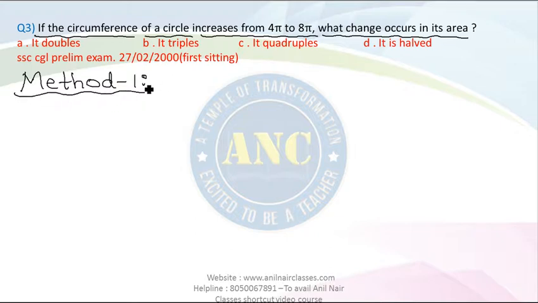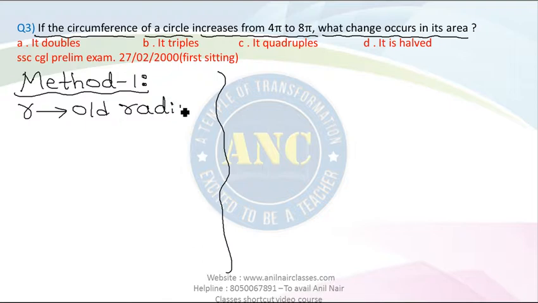That means I will skip one of the methods. I will apply method 3, but I will skip one of the methods. You will only understand which method I am skipping. Now see here, sir. Initial radius, let me call it as a small letter r. This is my old radius, initial radius. Now, if the initial radius is r, can I say that